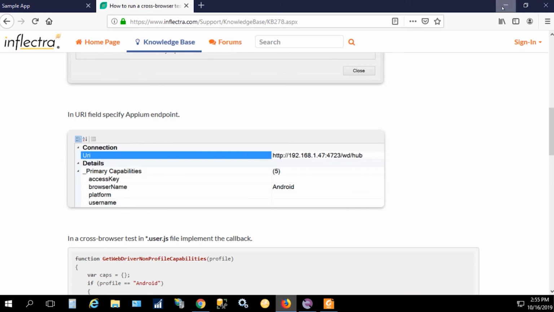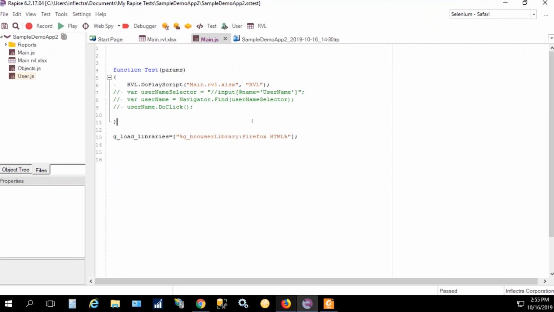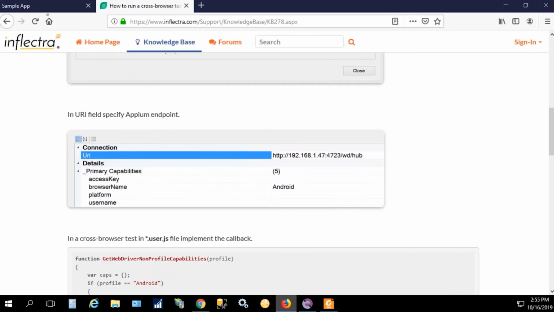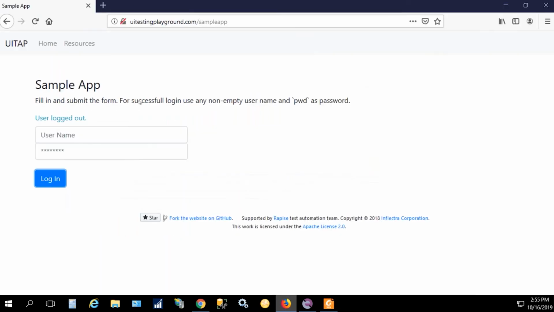Okay, good question. So far, when we did recording, we just clicked on the buttons or edit fields, entered some text, but we did not read anything from a page, but it's also possible. So let's return to our application and try to read something. So we can